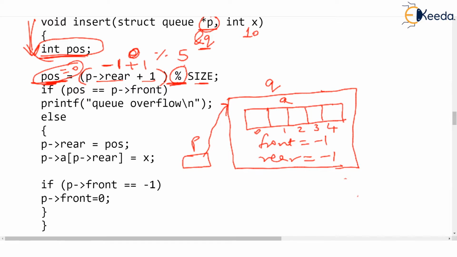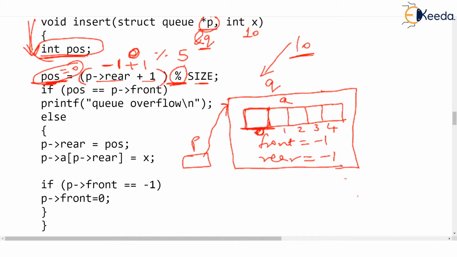Now this variable pos is so important, because what pos is going to tell us is the position at which that new value 10 should get inserted. And now the new value should get inserted at pos place, that is at 0 place. And rightly so, because this 0 place is the first place which is available, isn't it?